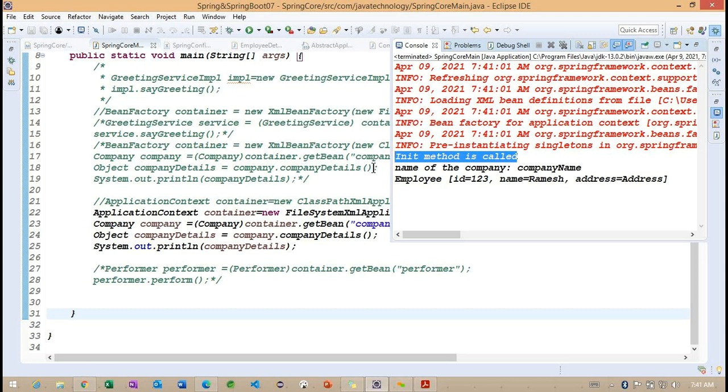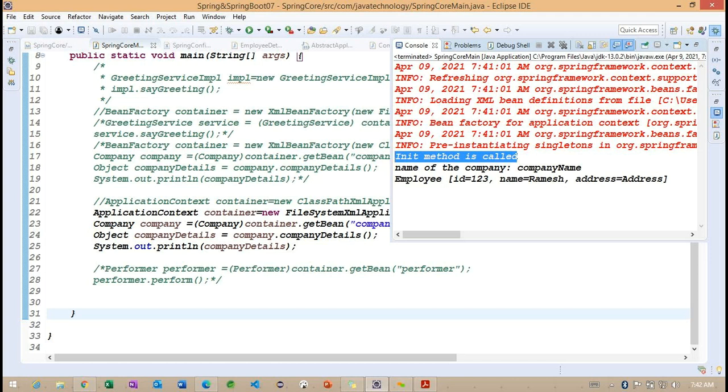In the same way, we can work on the destroy method, something called the clear method here. What is it going to do? Before destroying this bean from the container, if we want to perform anything, we can go for this destroy method. Basically, the destroy methods are called based on the container information, so we don't know when the destroy method is going to be called. Just for understanding, I'm sharing the information.